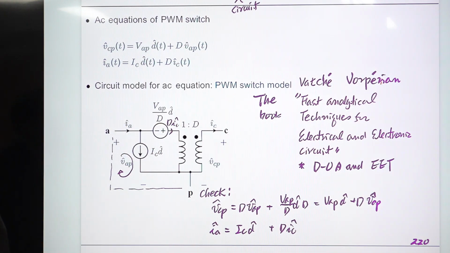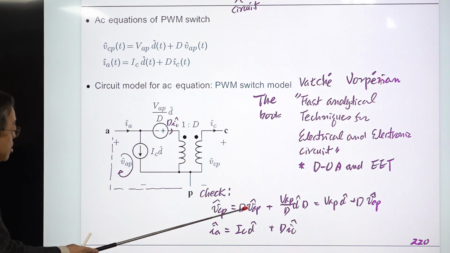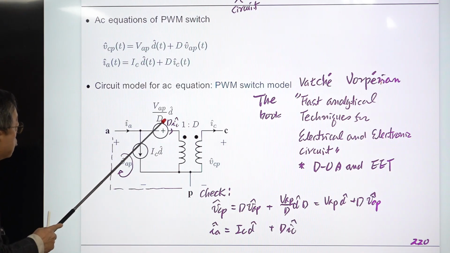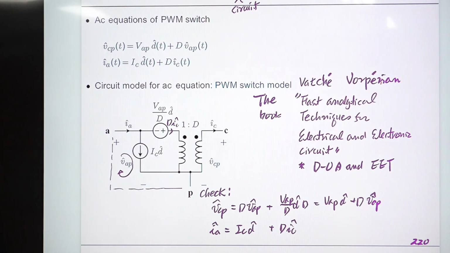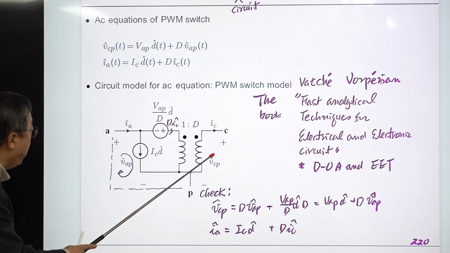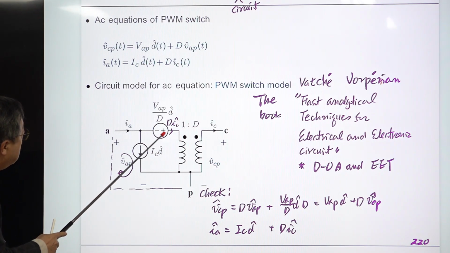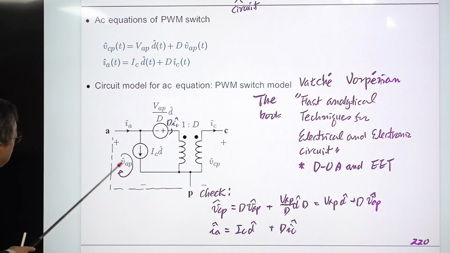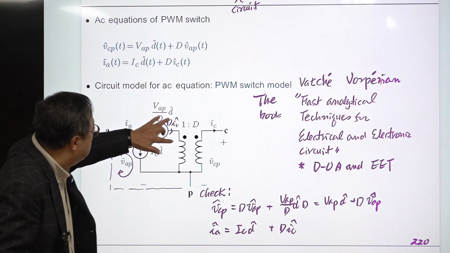This one. Okay, I said this equation and this circuit model are exactly the same. Let me check that out. VCP is the voltage across the CP terminal. When considering this VCP and VAP, assume this one is deactivated, because we are using the principle of superposition, since this is a linear circuit, okay? So when evaluating, this is 0, so this is shorted, this is opened, then this voltage here is multiplied with